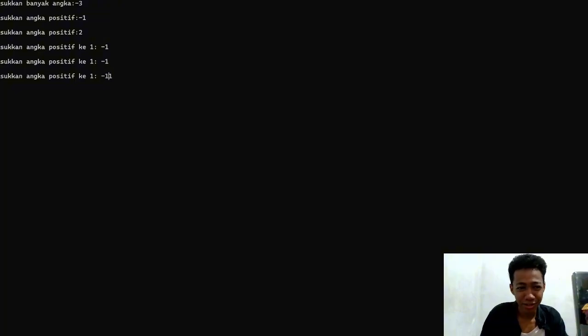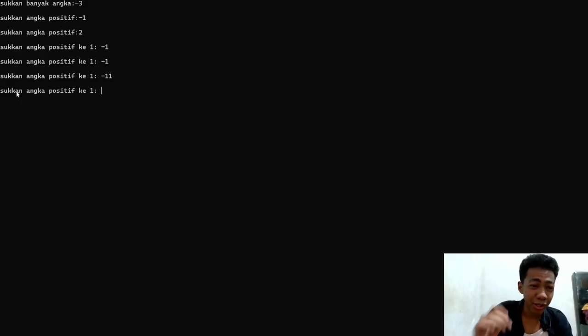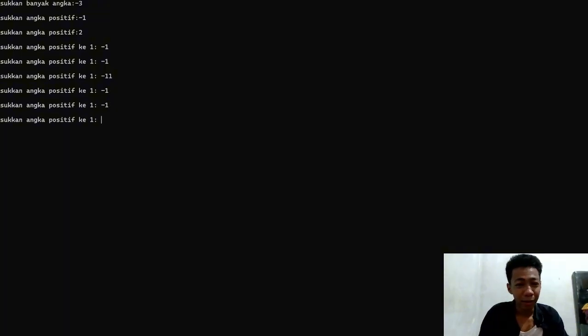-1, -11, -11. The loop is not going to continue to the next iteration. So it will be in the first iteration, forever in the first iteration.